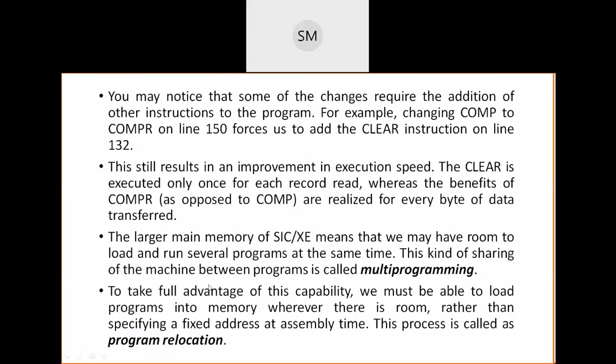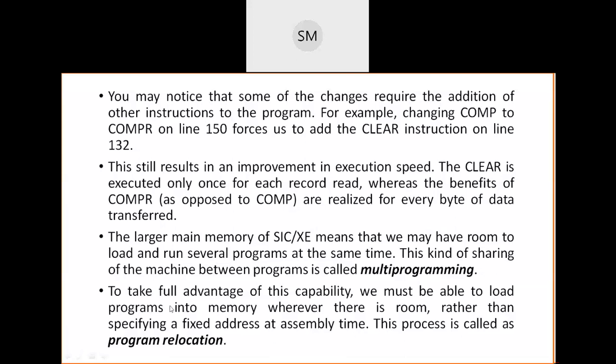First, understand here that in SICXC there is an increase in the memory. In SIC it was just 2 to the power 15 bytes, but in SICXC it is 2 to the power 20 bytes. Because of this extension or increased memory, to take advantage of this extra memory,